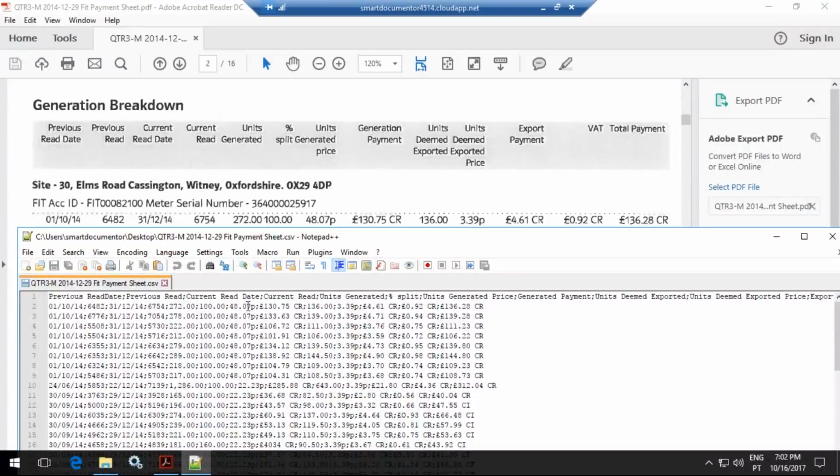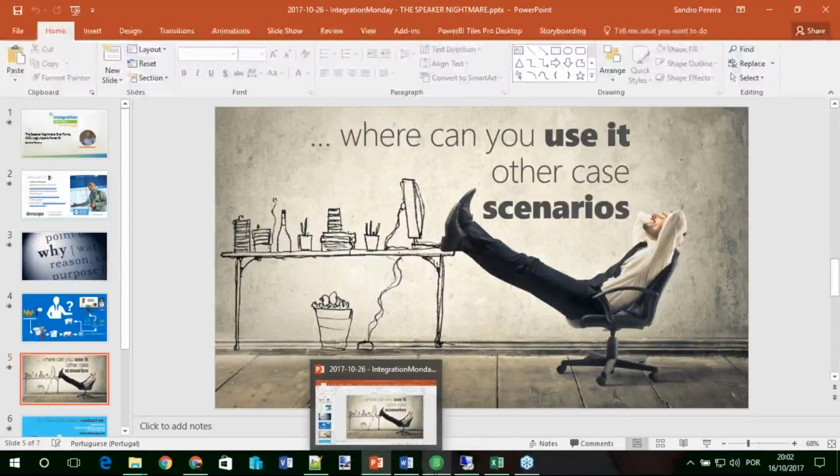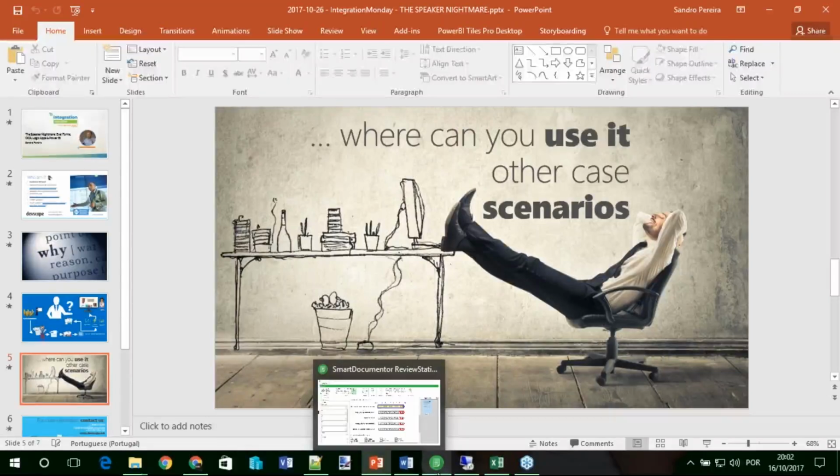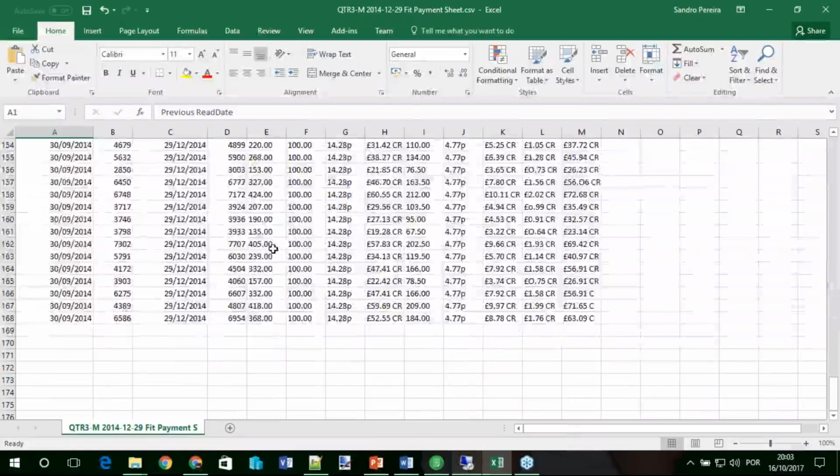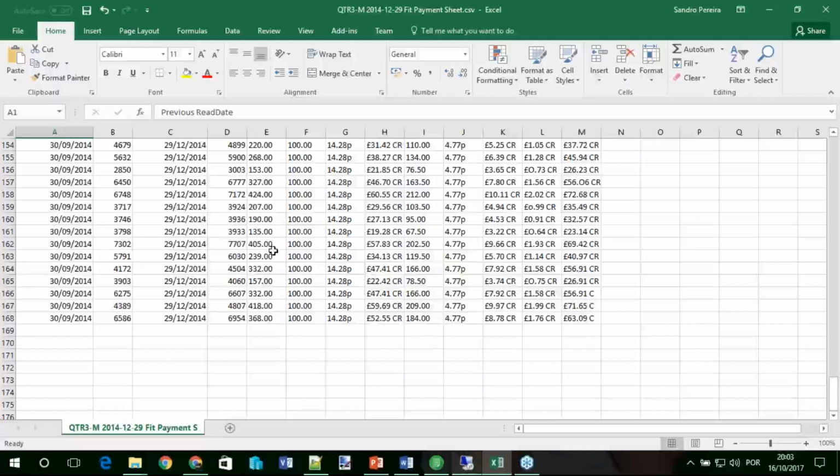Everything is okay in the first line, and you can go through all of these. Let me show it on my machine to be easier, since my network has some problems. You can see you have everything extracted from that PDF, and that is a CSV I can easily connect with BizTalk, Logic Apps, and so on, and integrate in our system.